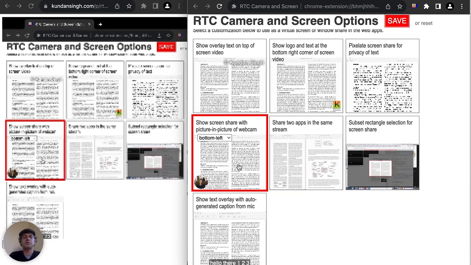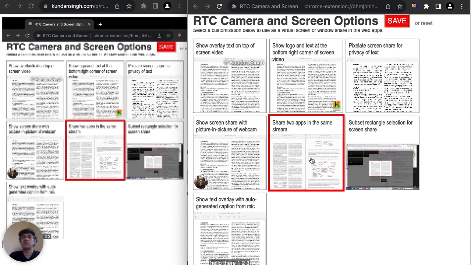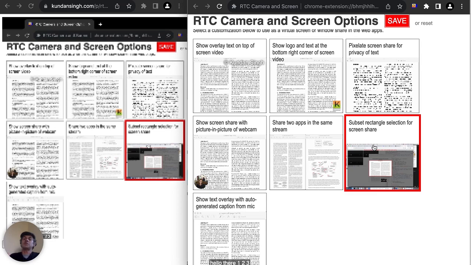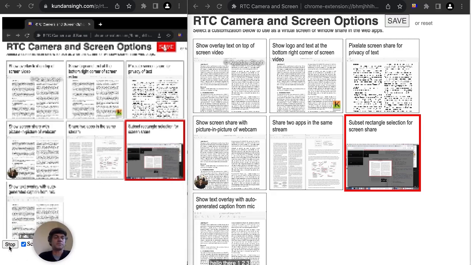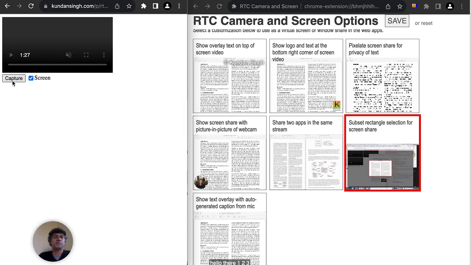This one is similar to what I showed earlier, shares the screen with webcam. This one allows you to share two windows at the same time. This one allows you to share a portion of the screen or a window. So example, if I do this and reshare,